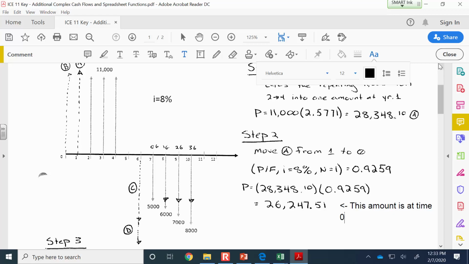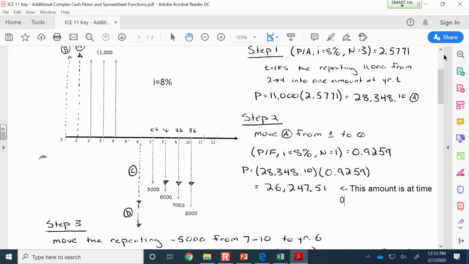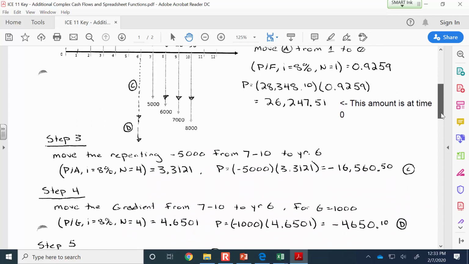It's important to keep track of not only the amount, but also the timing of the amount. So this 26,247, that's a positive amount. Remember, the arrow up means an inflow, and it's at time 0. So then these other steps,